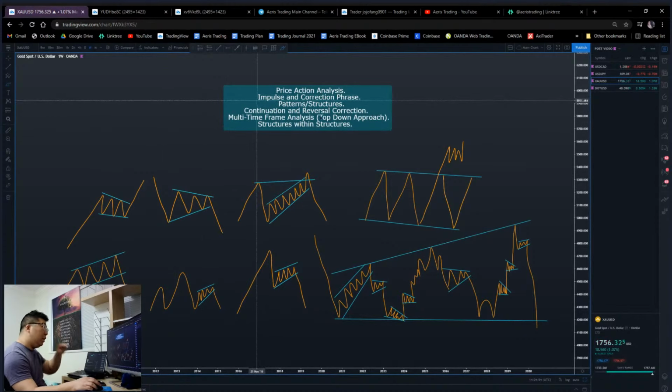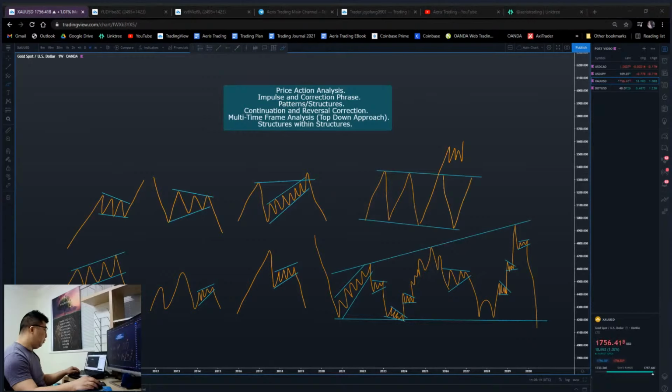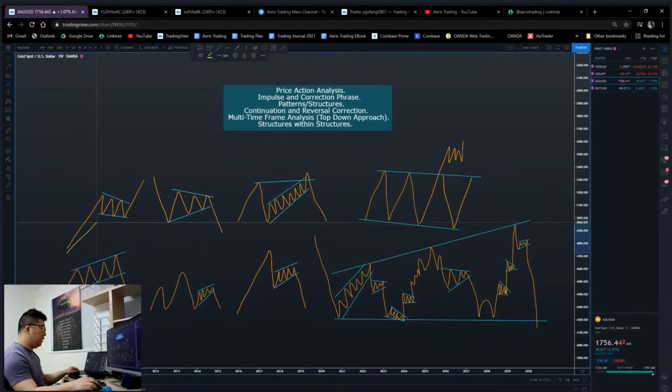or first thing when you're analyzing the market, you should understand right away, forget about what you may have learned in the past or what you may have been taught in the past. There can only be two phases in the market because that is how the market moves. Okay, it doesn't matter what time frame, doesn't matter what market you're in. There can only be two phases. So just from the examples that I'm talking about below, this is an impulsive phase because it's a period of fast momentum, fast accelerating price, and then this is a period of corrective phase where price is consolidating, it's not moving too much, it is moving up and down, but it's in a range